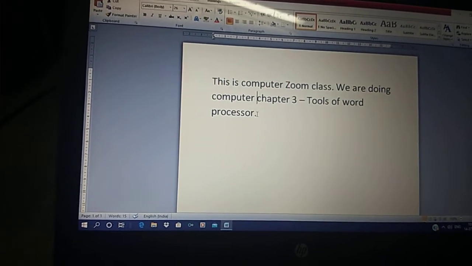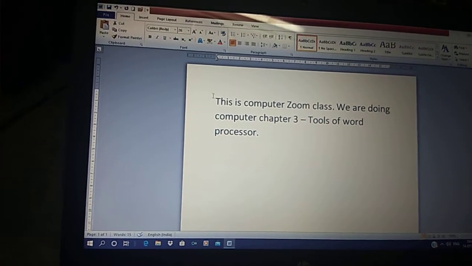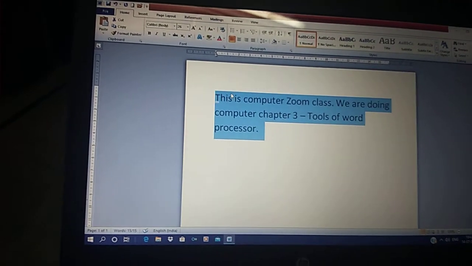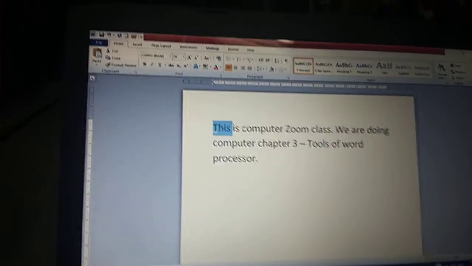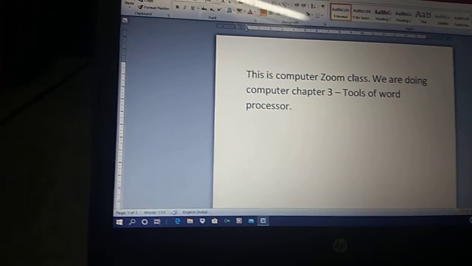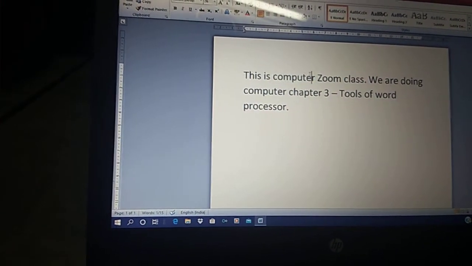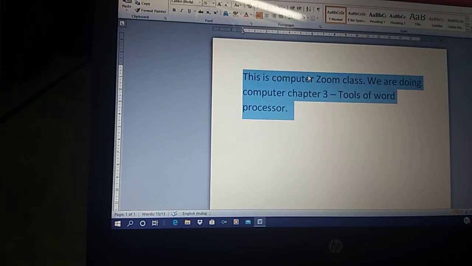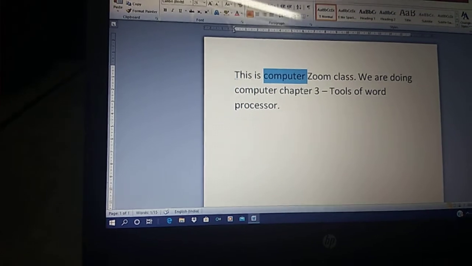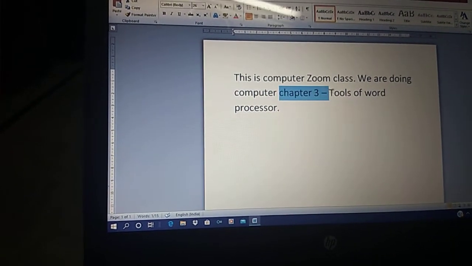Next is moving the text and copying the text. For example, I want to move the text. First I will select the text. I want to select this. I will select first line. For example, I want to move this part only.